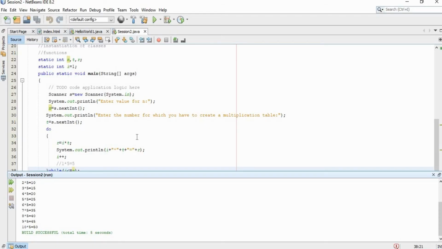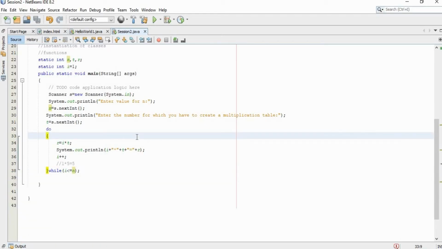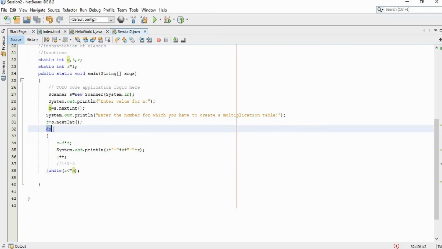So this is about your do while loop, and we can change this program into a for loop as well. For creating a for loop, the for keyword should be used. After that your initialization should be there, i is equal to 1. As the for loop itself has a space for initialization, we can skip the initialization at the top, since we have declared the variable int i itself, right?